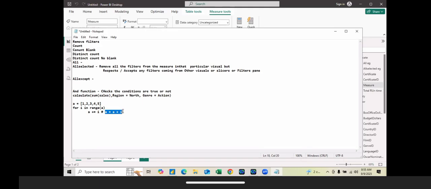If you have 50 values, it will iterate for 50 times. But when it comes to a while loop, the iterations will be based on a condition. Okay, if you just write,